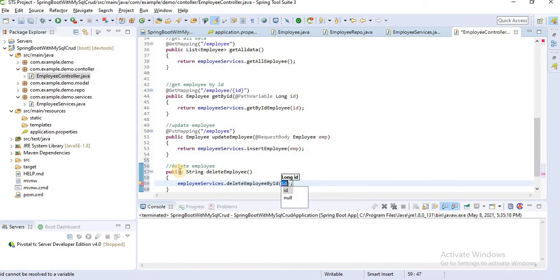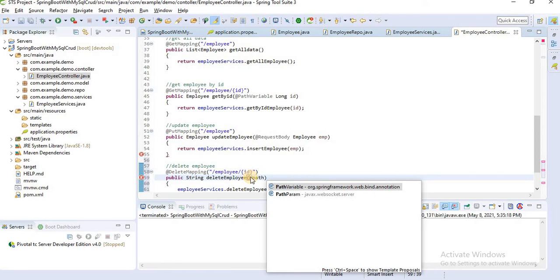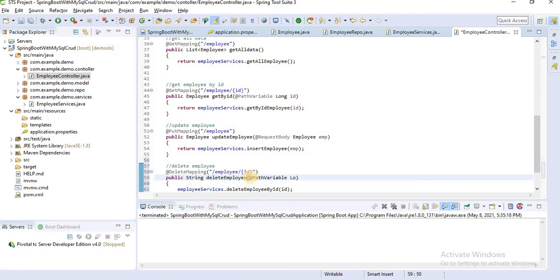Okay, here we have to add the delete mapping annotation, and we can define here employee slash and pass the ID. We have to get this ID using @PathVariable. The ID type is long, and id.